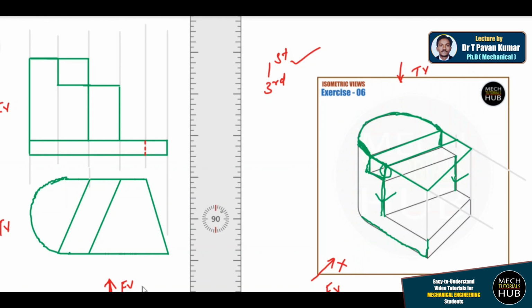Now this is the top front view position, not the front view. This is front view position, and this becomes the top view position. Top view position, front view position. Alright, this is how it goes. Try to understand,